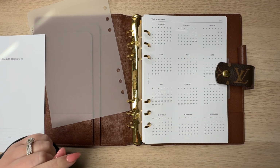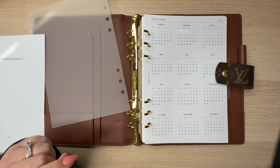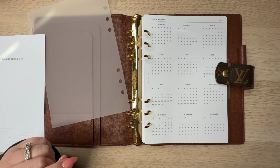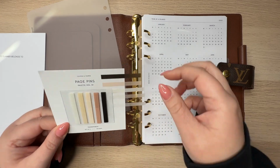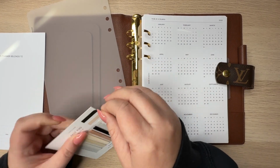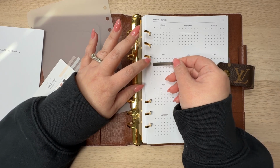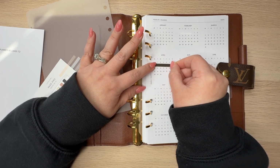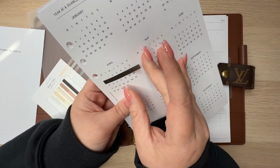But now I think what I'll do, still use the circle stickies for birthdays and for holidays, but this is what I'll be using for vacation. So for example, I will probably cut them depending on how many days I need it for. Probably not using the black one for this. As you can see, it does